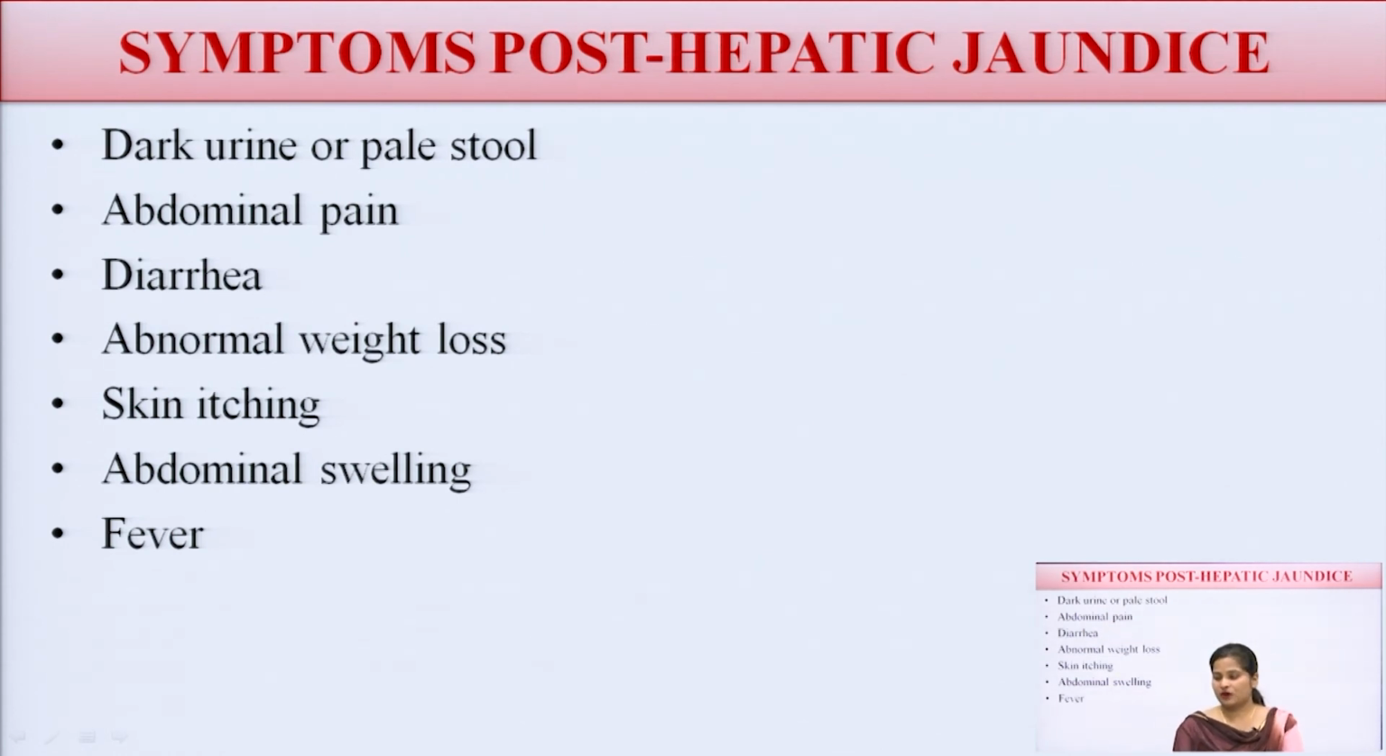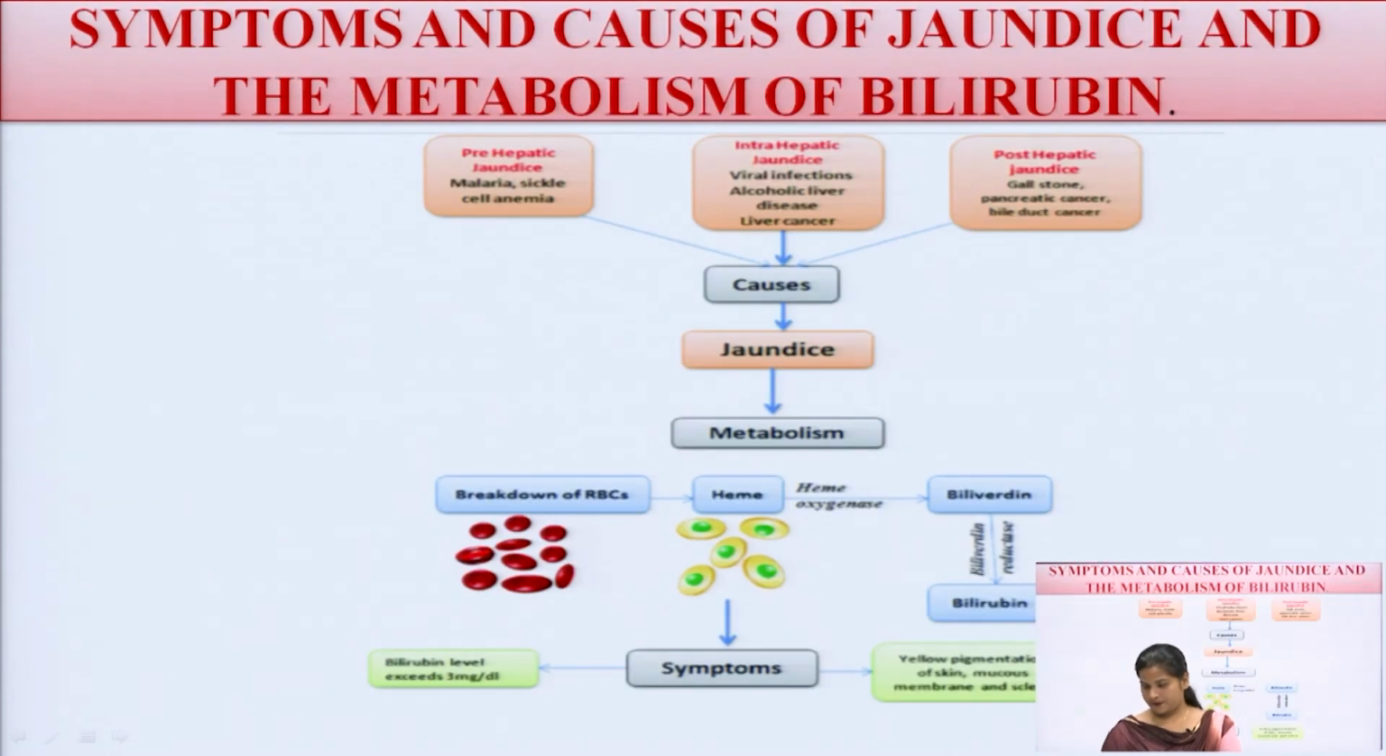So, the symptoms of post hepatic jaundice are dark urine or pale stool, abdominal pain, diarrhea, abnormal blood loss, itchy skin, abnormal swelling in body parts, that is the abdomen or the lower part of the abdomen, leg swelling, and fever. Now, the causes of jaundice and the metabolism of bilirubin. So, there are three: